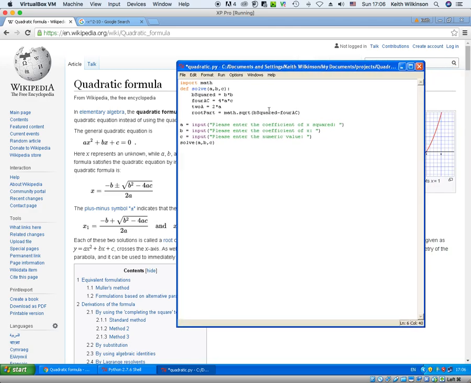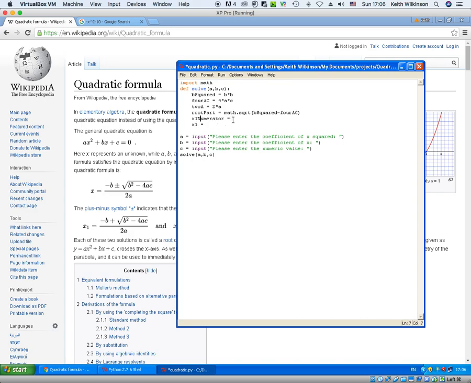So let's handle the first one, this one here. So this one's called x1. Let's use the terminology that we've got here. x1 equals, now I've got to do the numerator. Well, actually, let's handle that one up here. Let's put another variable, numerator equals, but this is the x1 numerator, so let's try that one. X1